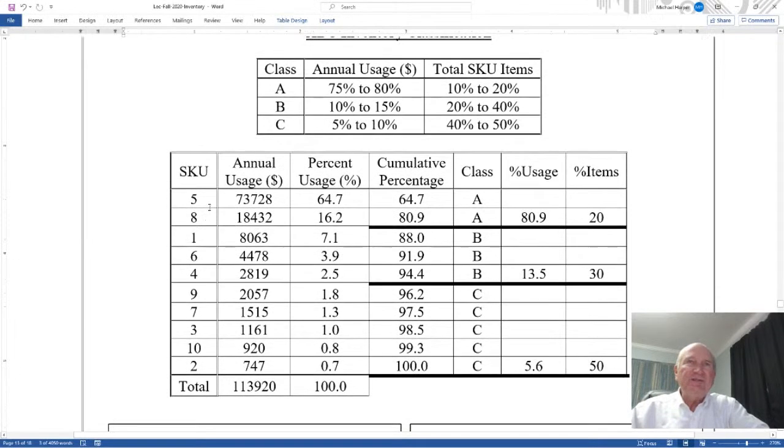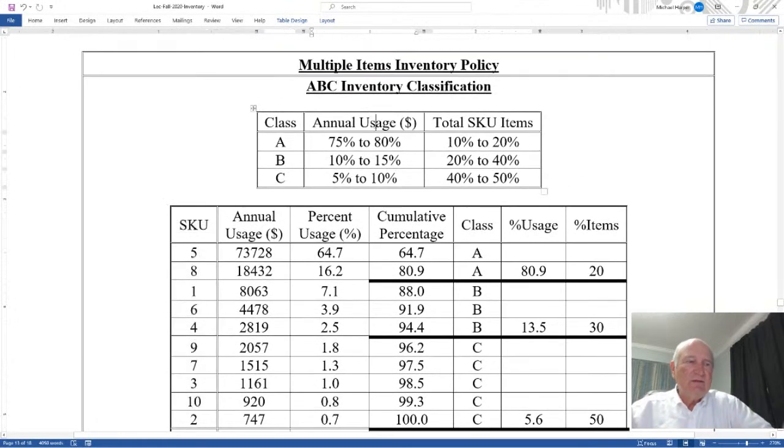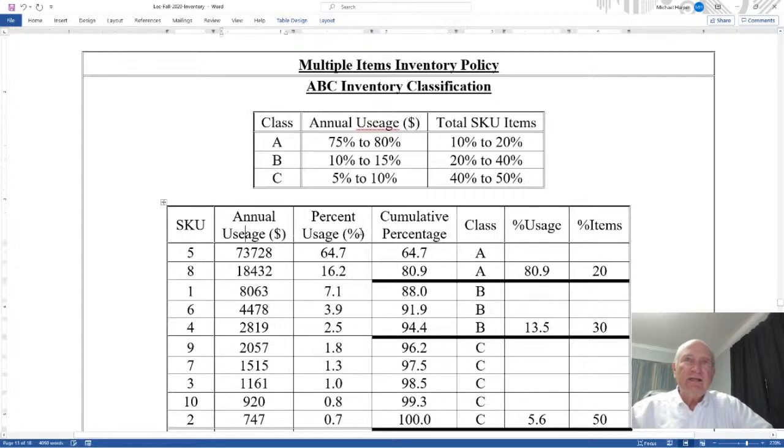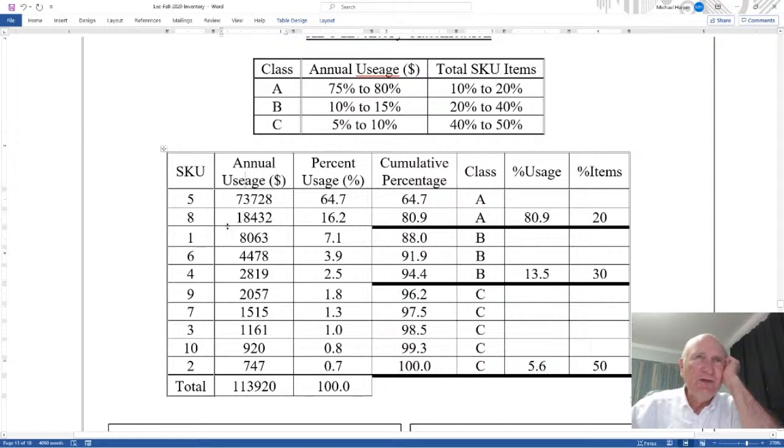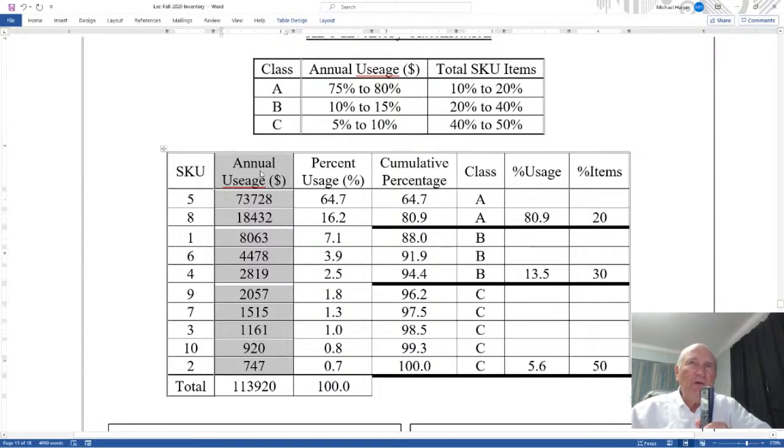You have something called a SKU number, a SKU identifier. It's just an ID. It stands for stock keeping unit. It's usually embedded in the barcode. And I see here, for some reason, I think usage has an E in there. Annual usage. What they do, this annual usage is the actual turnover. It's the dollar amount. For example, suppose my inventory item was my calculator, and over a year, after one whole year,